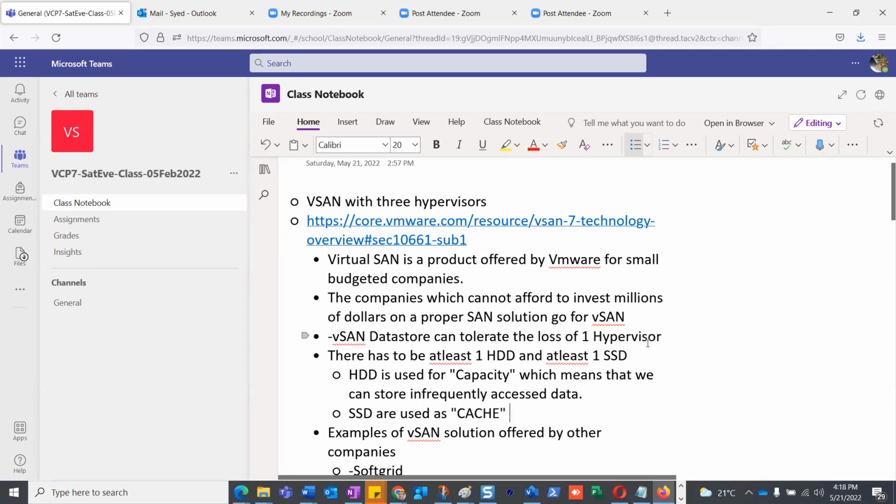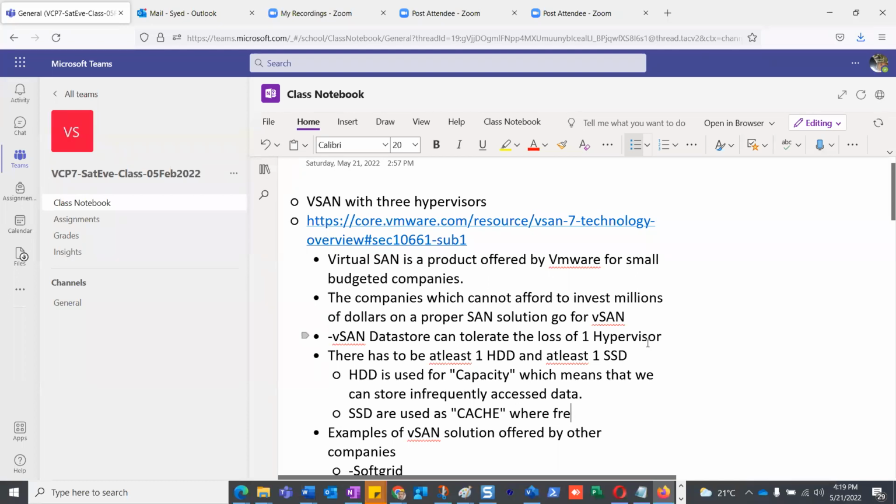Just like in servers, the data is cached. So data is stored on fast performing disks to be frequently accessed and frequently used. Whatever frequently used data is there is placed on fast disks because it is being frequently used. So SSDs are used as cache,